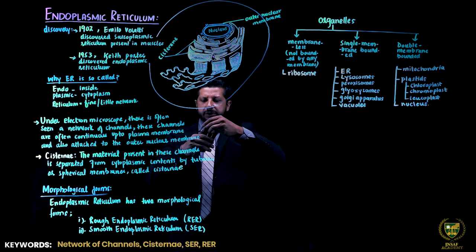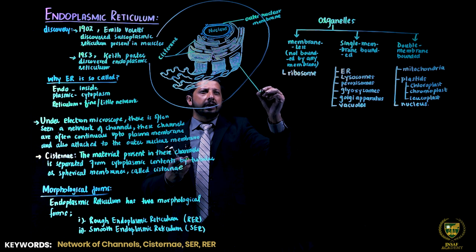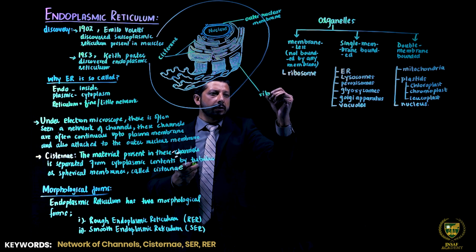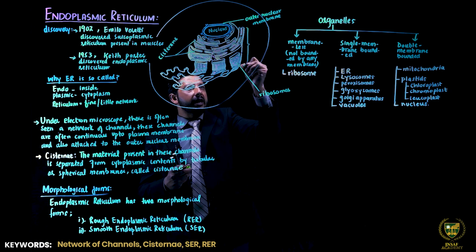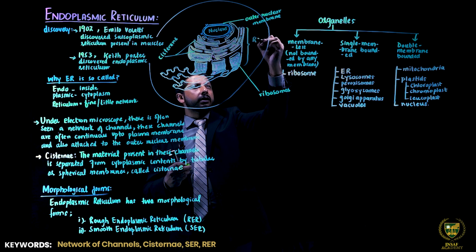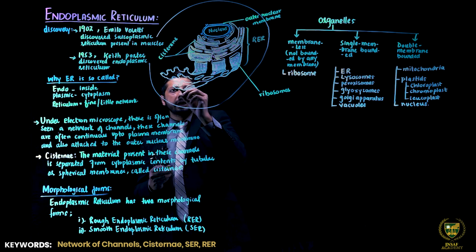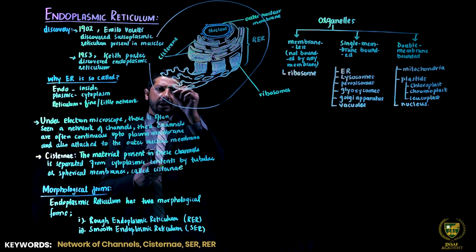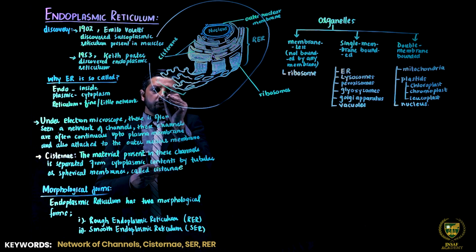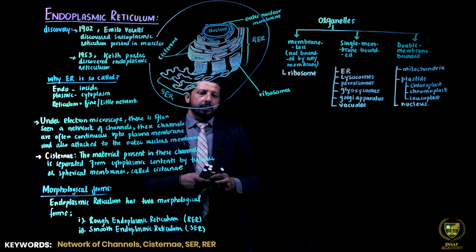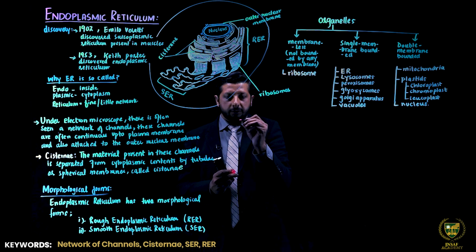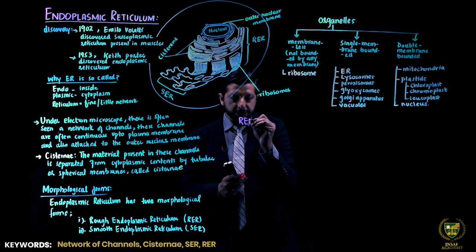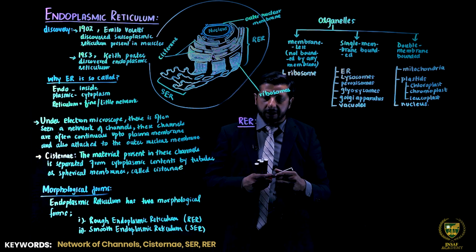And the red spots that you see here, these pink colored spots, these are basically the ribosomes. So that is why this region is called as rough endoplasmic reticulum, and this tubular portion is the smooth endoplasmic reticulum. Clear? Now, the rough endoplasmic reticulum, or it is called as RER.